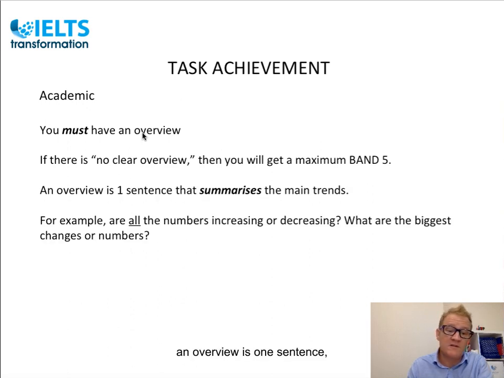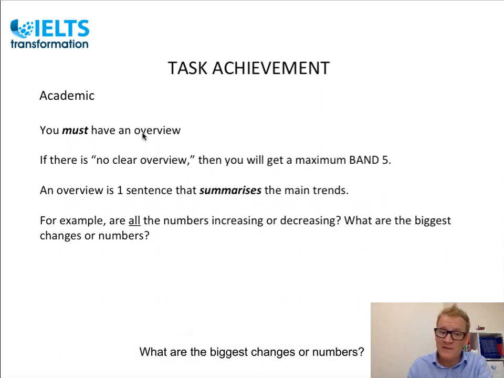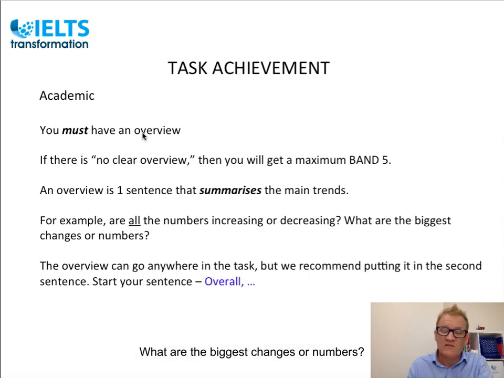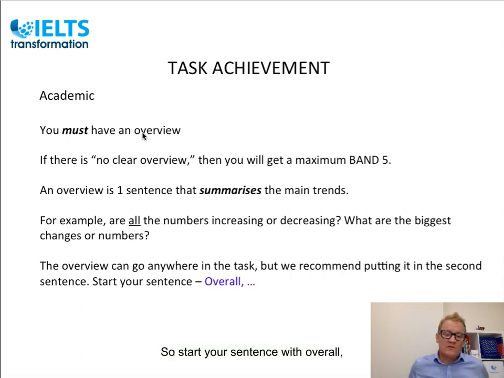An overview is one sentence that summarizes the main trends. For example, are all the numbers increasing or decreasing? What are the biggest changes or numbers? The overview can go anywhere in the task, but I would suggest that you put it in the beginning, in the second sentence. I will show you what the first sentence should be, and then what the second sentence should be. So start your sentence with overall,